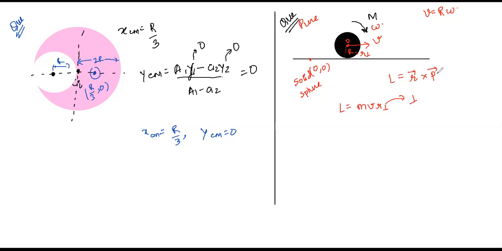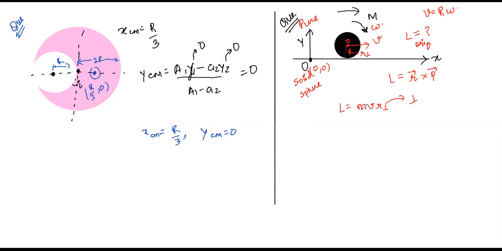So in this question, what is asked? It is asked to find out the angular momentum of the sphere about the origin. And it is given that the sphere is rolling on a horizontal ground, and this is how the origin is, where I've just marked the intersection of two axes. This is the y and this is the x axis. It is rolling and going towards right. This entire system is going towards right. About origin, you need to find out angular momentum.